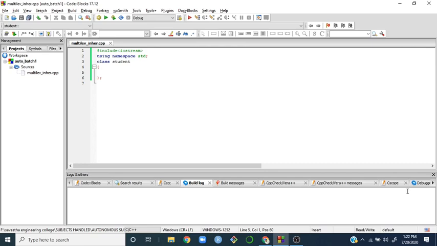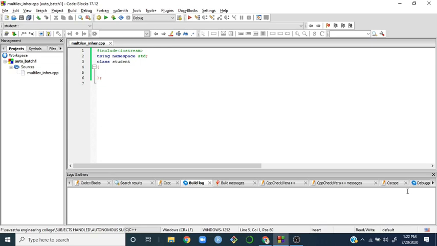First, we see multi-level inheritance. We straight away get into the program. Let me quickly recap how multi-level inheritance works. We'll be having three classes. First, we have a parent class, then an intermediate class, and then a derived class. The parent class acts as a base class, and the intermediate class acts as a derived class.